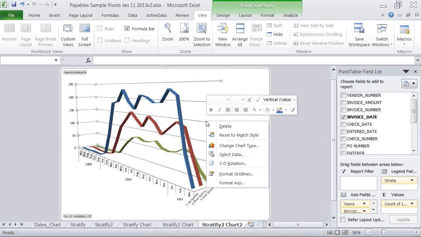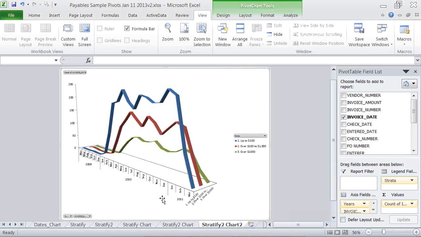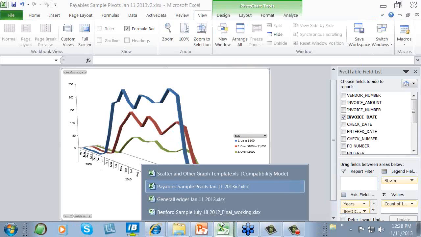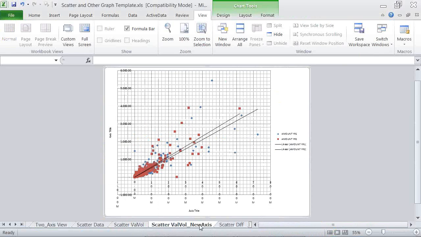Going on to some of the ways of making things look nicer, aside from formatting the axis, which we'll show in a second, there's formatting grid lines, either to not have any line at all, which might be an approach, or sometimes it's a little nicer to have those grid lines. I think with one of the scatter graphs we just showed a second ago, if I can find this one, sometimes having that actual graph paper is quite useful for knowing exactly where something is.